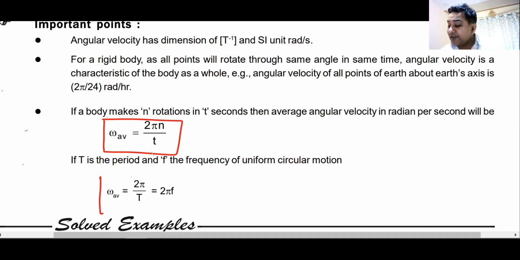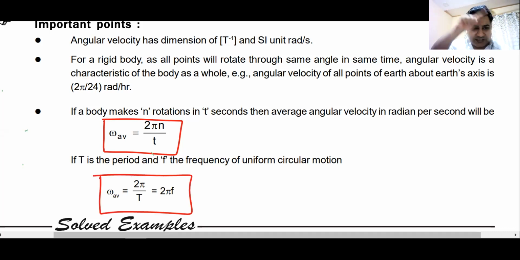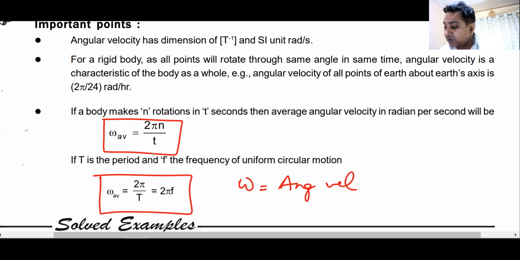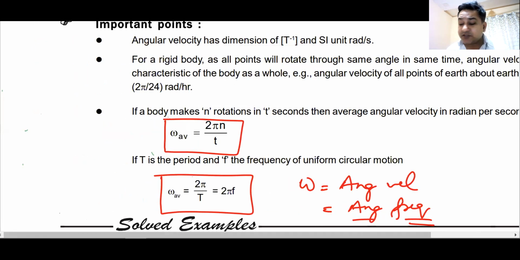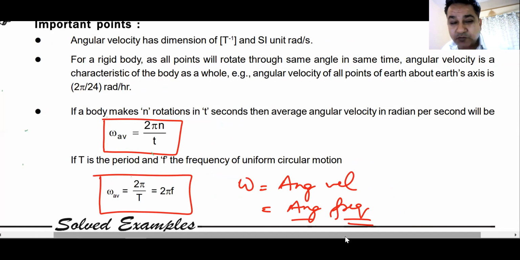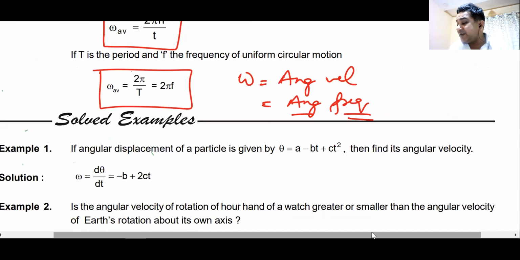Then you have something known as time period. Time period is the time taken to complete one chakkar, one revolution, one rotation. Then this omega is known as angular velocity, but sometimes it is also known as angular frequency. Do you know? It is used as angular frequency in a chapter known as AC current. You will hear this term angular frequency used for omega. Though it is angular velocity, in AC current, instead of calling it angular velocity, we may call it angular frequency. Do we understand this?